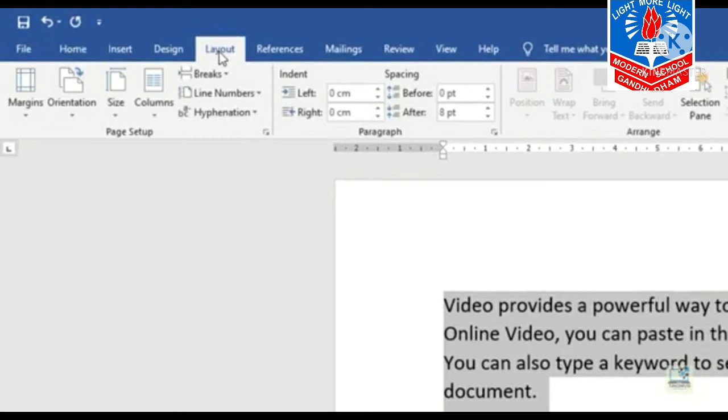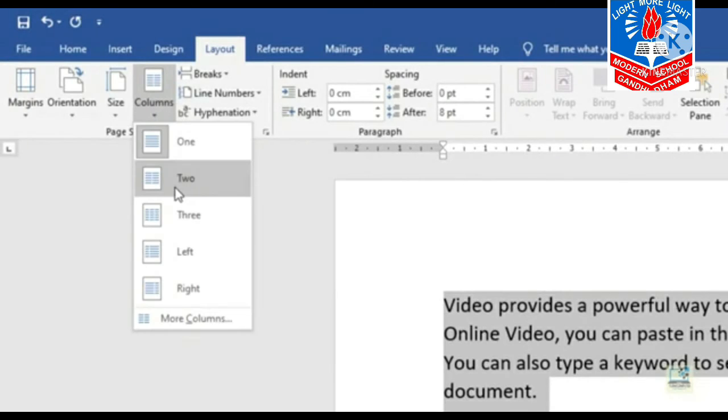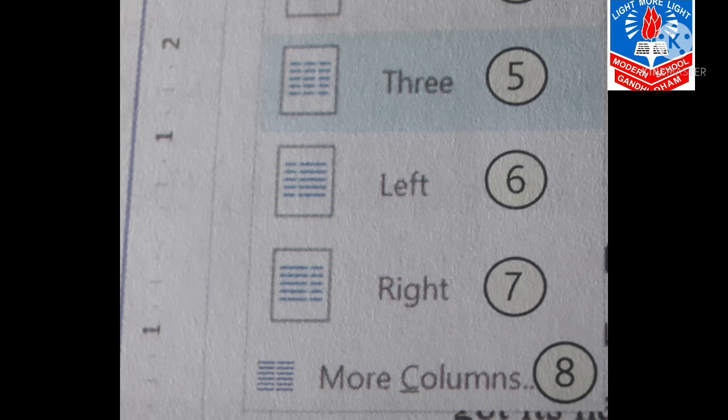First, go to the Page Layout tab in the ribbon and click the drop down arrow next to the Columns option in Page Setup group. Second, the drop down menu shows options for splitting the text into 1, 2, 3, right and left. You can select the desired option for the text from the menu.